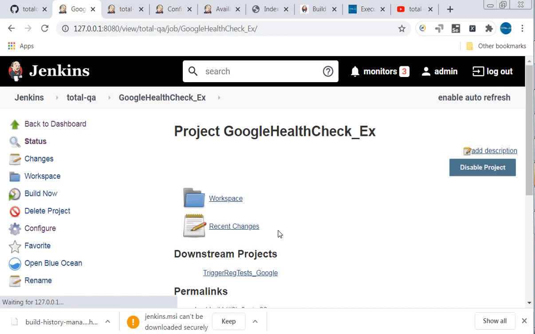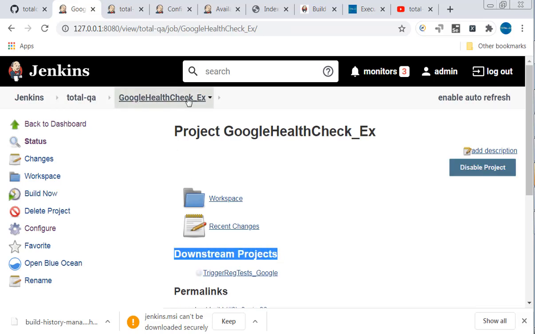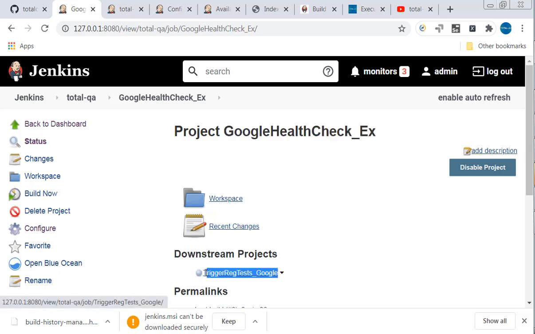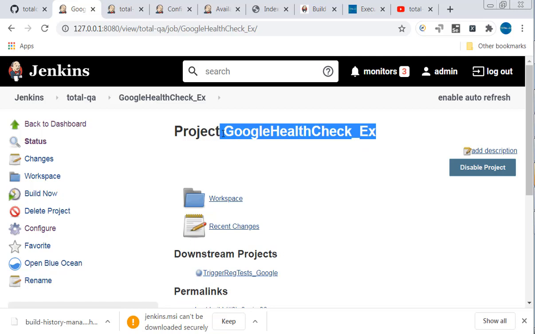Apply, save. When you do that, you can see there is a downstream project already shown under this job. So the dependency is, if this job is successful only, this will be getting triggered. So that is the objective.